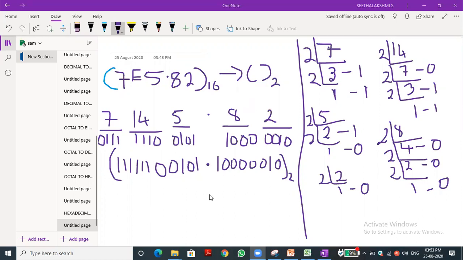Have you understood this one, hexadecimal to binary? If you have any doubt in the conversion, just ask me and I will give the clarification. Good. Copy it down. Then we will go for the next one. What is the next one? Hexadecimal to octal, or else we will deal with hexadecimal to decimal last.